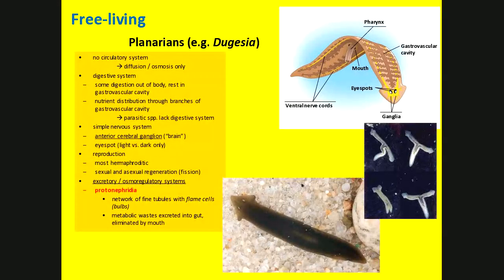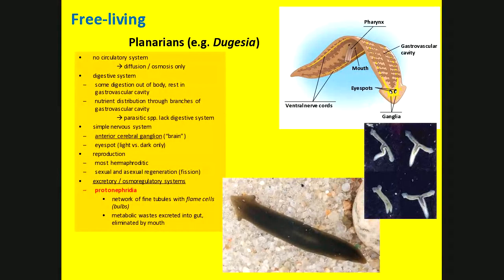No circulatory system, once again, right? It's all about diffusion and osmosis. They do have a digestive system. There's that muscular pharynx. So they bring in food and they masticate it. They start to mash it up with that muscular pharynx. There is some digestion that occurs outside of the body, so a little bit like the fungi. But the rest of it, which is going to increase the efficiency like it did in the jellies, is going to be inside that gastrovascular cavity. Notice it's even called the same thing, a gastrovascular cavity.